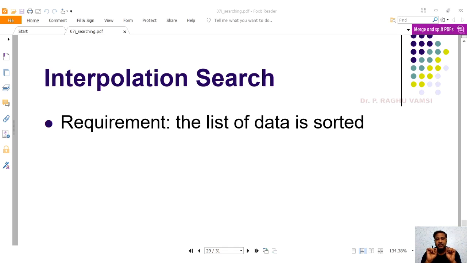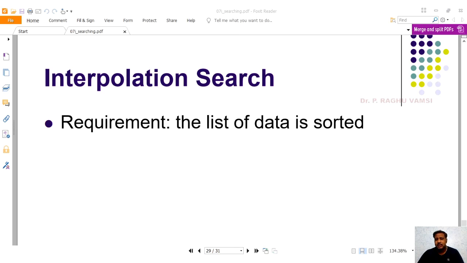That formula will be applied depending upon the corresponding value. If the key is less than the value obtained via that fixed formula, then the high index will be modified to the mid index. So this is interpolation search.